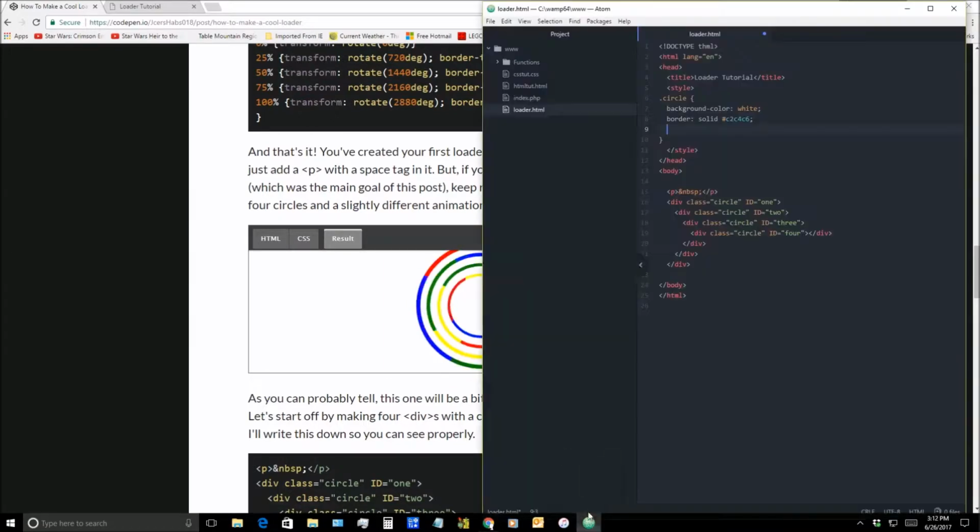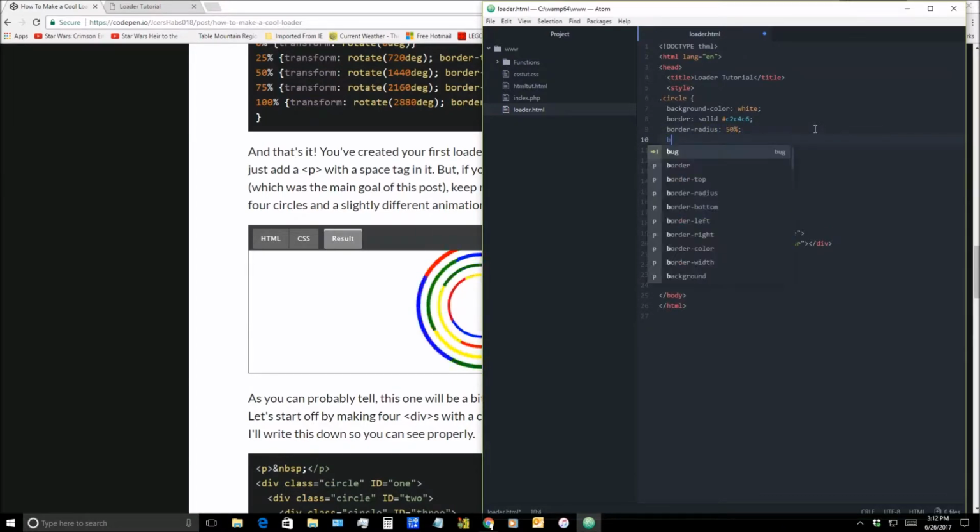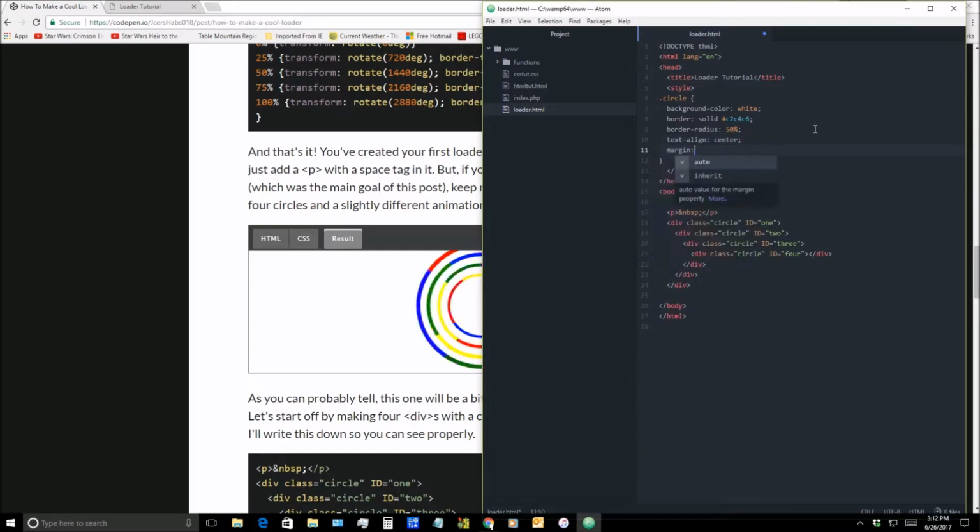So open up Atom, border radius is 50%, text align center, and margin to auto. Alright, oh whoops. Make sure I didn't misspell anything. No, we're good. So that will give us, if we load up loader tutorial,